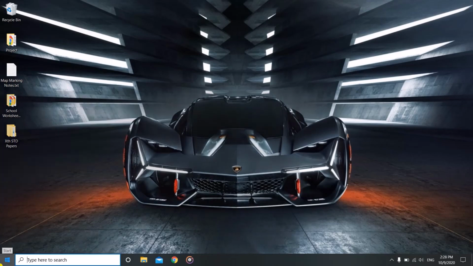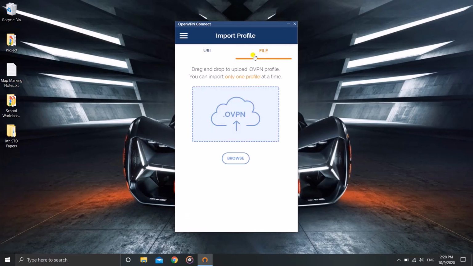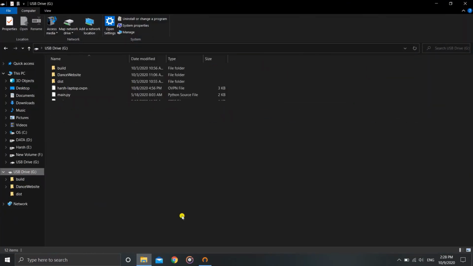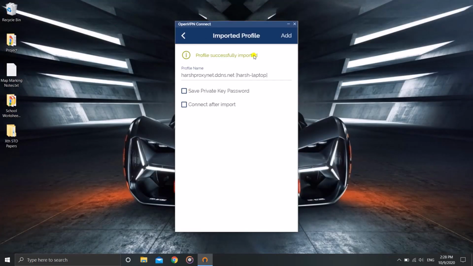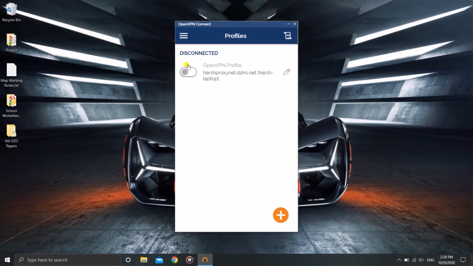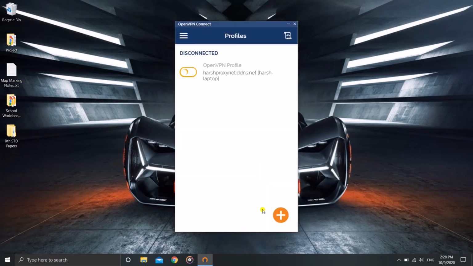Video is getting too long, so without wasting time, let us open the app, and you will get something like this. We'll have to import the file which we copied to our pen drive. So let us open our pen drive. So this is my pen drive. I'll just bring it up here, drag and drop. That's done. You'll click on add. Now click on this. This will ask for the password. The password will be the one which we entered while creating the profile, while creating the .ovpn file. I told you, put a strong password, so that's the one. Just do that. Now it should connect,